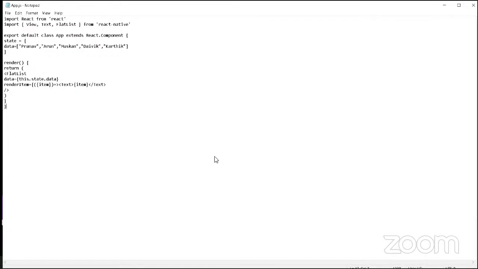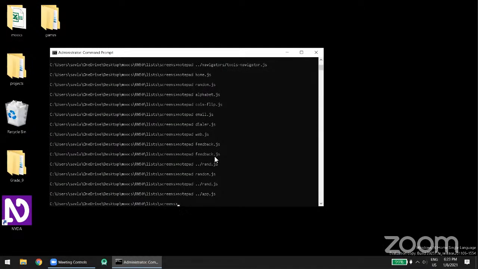Hopefully, this should work. So your homework will be to use this flat list component, and I'll provide the code for what the lecture we've done, to use this flat list component in the home screen. So now, what I'm going to do is quickly go through today, I'm going to write all the screens except for the home screen. And your job is to write the home screen in such a way that it uses this flat list component,